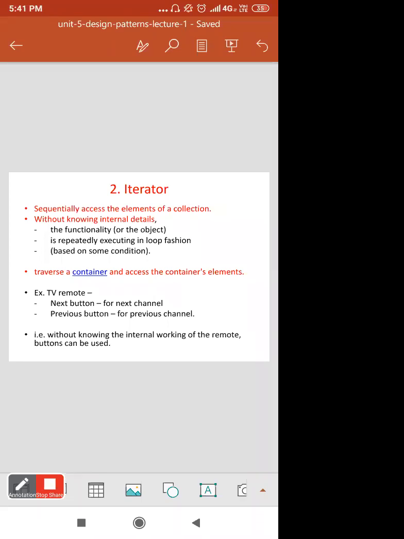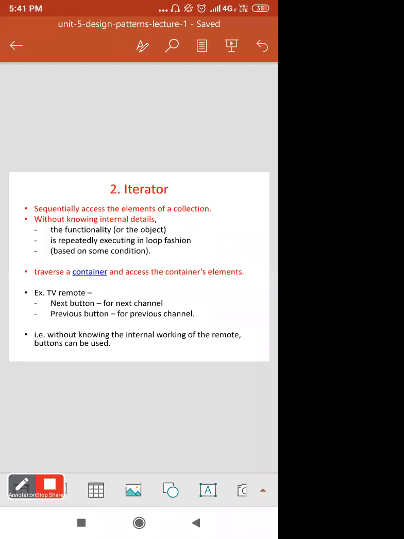Traverse a container and access the container's elements. The best real-time example is given here: a TV remote, on which you just go on clicking the buttons, and you don't know the internal functionalities of it. Next button for next channel, previous button for previous channel, without knowing the internal working, the remote buttons can be used.